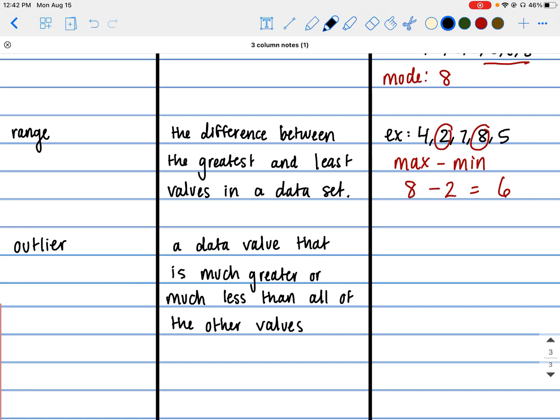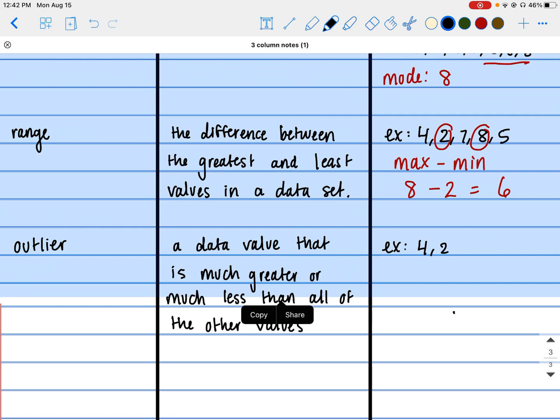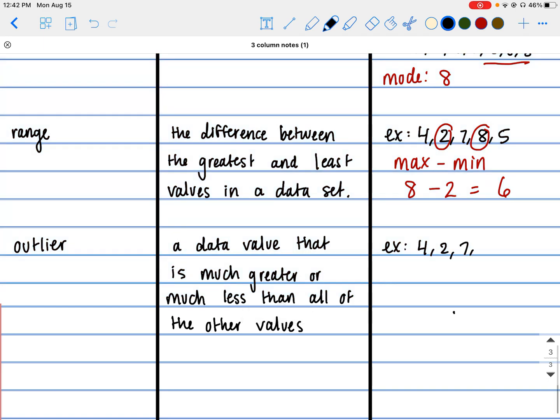Remember, values means numbers. So let me give you an example, because that previous example didn't have an outlier, but let me add one. What if it was 4, 2, 7, 7, 8, 5, and 27? See how 27 would be much bigger than all the other values? That would be an outlier, okay? So if it's much bigger or much smaller than all the other values, that is an outlier, okay? So that would be an outlier. And like I said, not all data sets have an outlier. Like if you looked at this previous one, there would be no outlier because they're all pretty close together. All right,